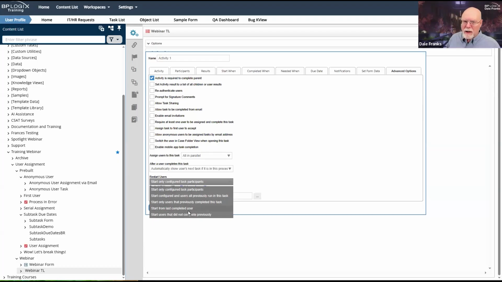If the people have changed, how am I going to want this to work on those sort of task restarts? So this, while normally ignorable, once you start getting month plus long tasks, this becomes a super important property to think about in terms of task restarts.